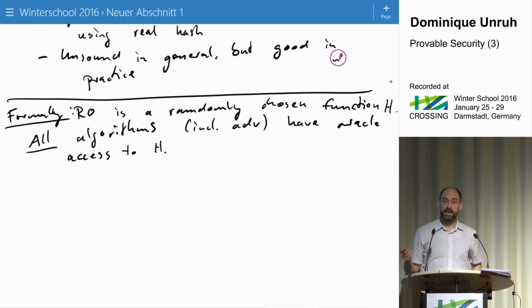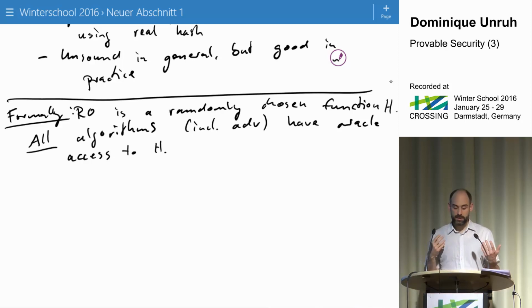Well, the thing is that a hash function in real life can be computed by everyone. So if we have a random function that models the hash function, we need that everyone can actually evaluate that function. And if we would base a protocol on the assumption that the adversary cannot even compute the hash function, that would be clearly a very silly assumption. So we have to give oracle access to the hash function / random oracle, to the adversary, and to anyone